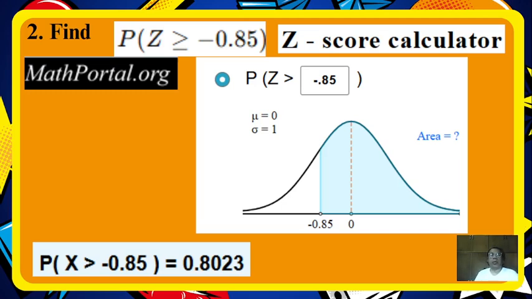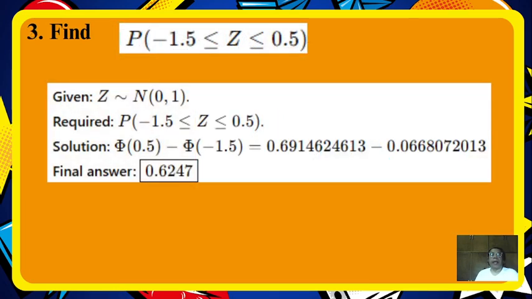Okay, let's proceed to practice problem number 3. Find the probability that our standard normal value Z is greater than or equal to negative 1.5 but is less than or equal to 0.5. So our solution will be the tau of 0.5 minus the tau of negative 1.5, which is equal to